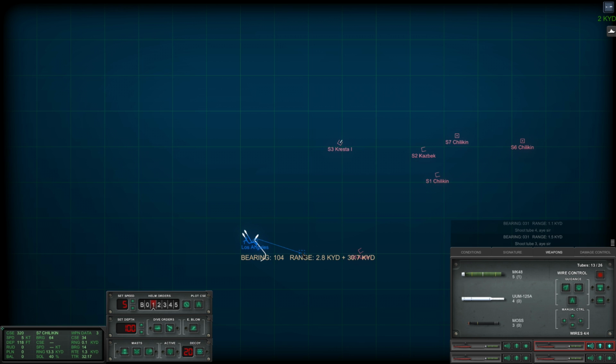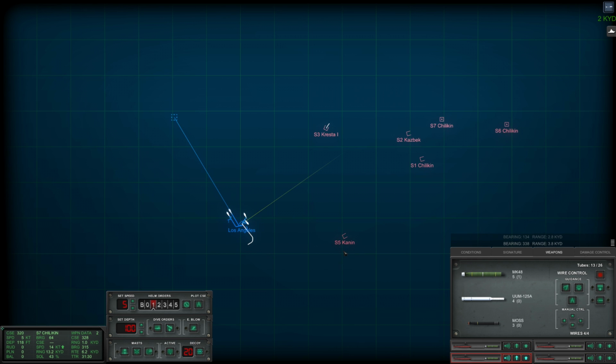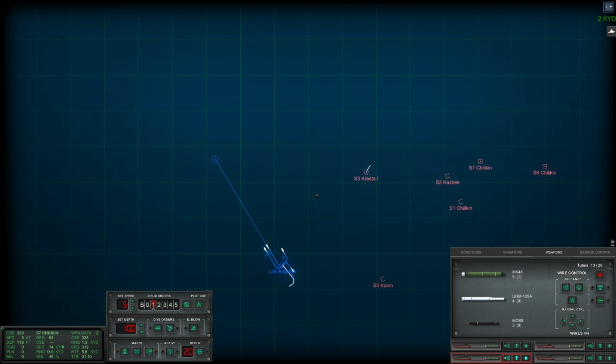Now, I'm going to try and take... going to go north. So I want 3 to go north, 1 to go south. The south is going to take on the cannon. I'm going to send 1 after the Cresta, and then the other 2 are going to go for the Zebek and the lead Chilkin. And the reloads from hopefully the cannon and the Cresta will go for the 2nd and 3rd Chilkins. That only leaves the Sov, and that's